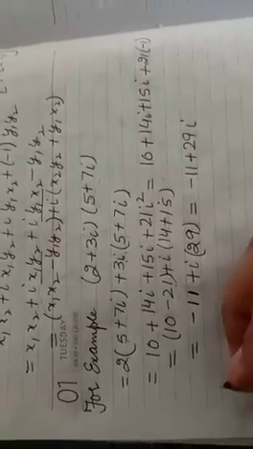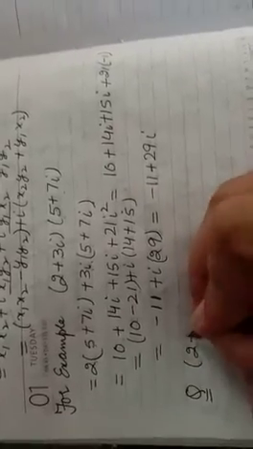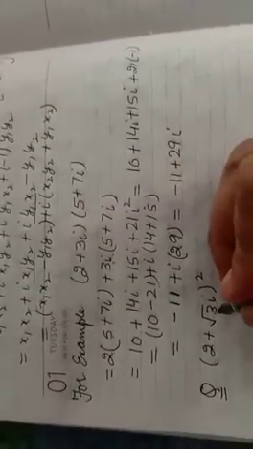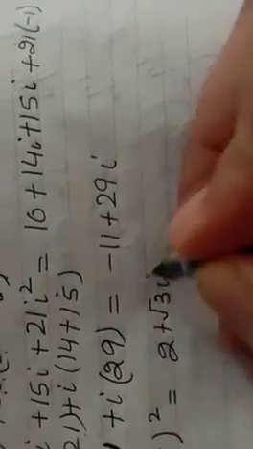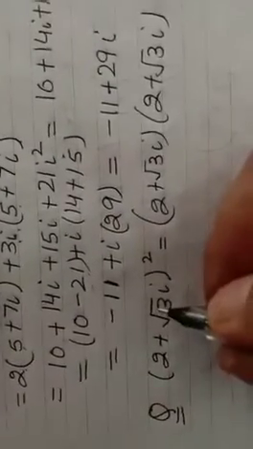So this is the product of two complex numbers, how we can multiply two complex numbers with each other. Sometimes another type of question is given to you, related to the product of two complex numbers. So for example, we have 2 plus under root 3 iota whole square. In this question you can multiply these complex numbers in two different ways. Firstly we can write it in this form: 2 plus under root 3 iota, again 2 plus under root 3 iota, because the square is here.